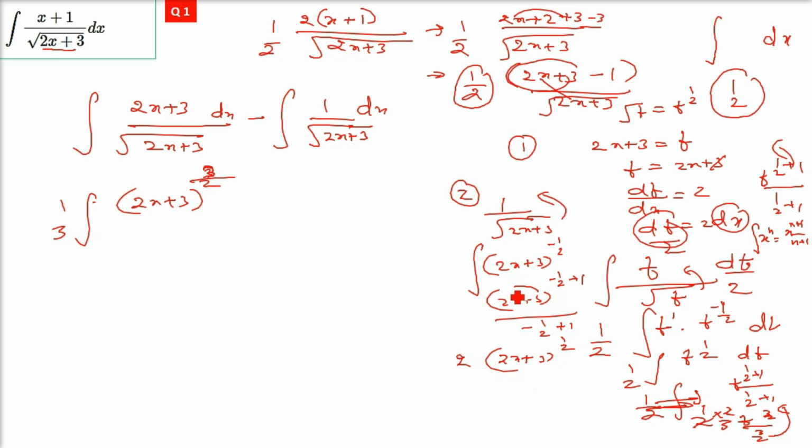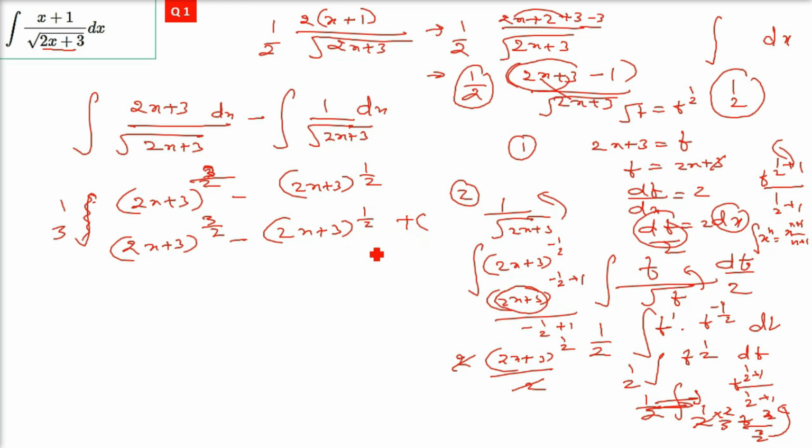2 goes up. But 2x plus 3 has to be differentiated and put in the denominator. So the same has to be done in the first part also. If I forgot, you have to do it. So 2 gets cancelled. You get (2x plus 3) to the power half. So this integration, as I said, is already being done. So (2x plus 3) to the power 3 by 2 minus (2x plus 3) to the power half, and this